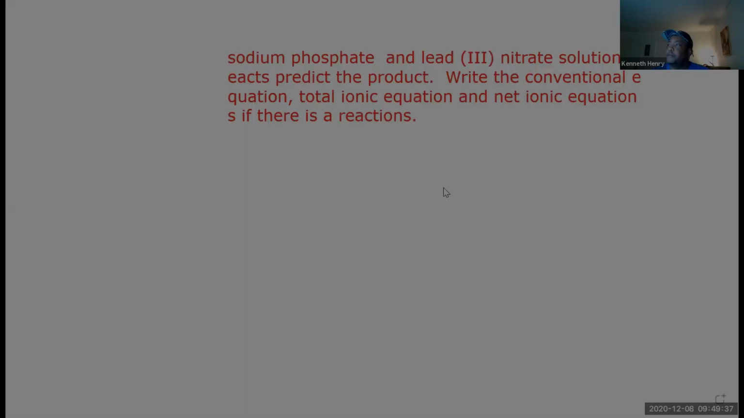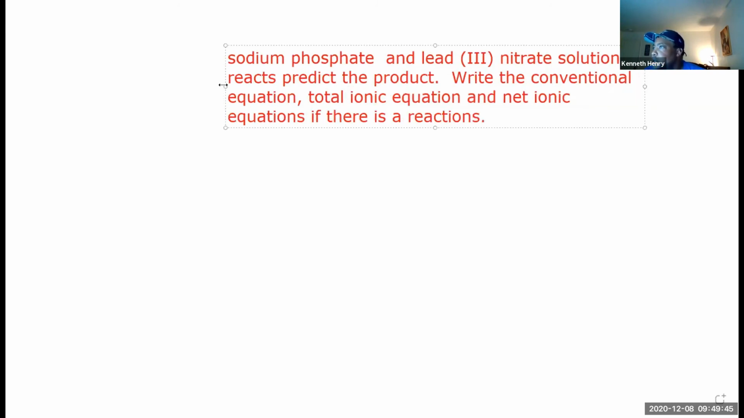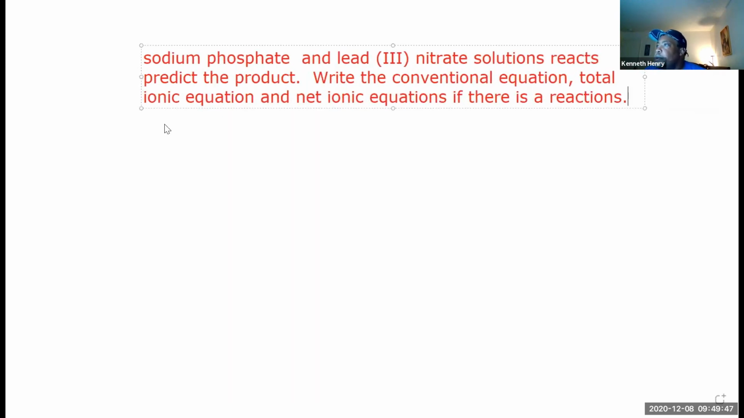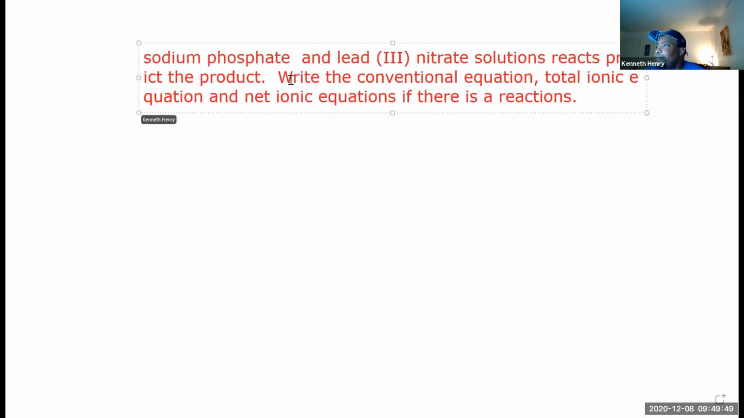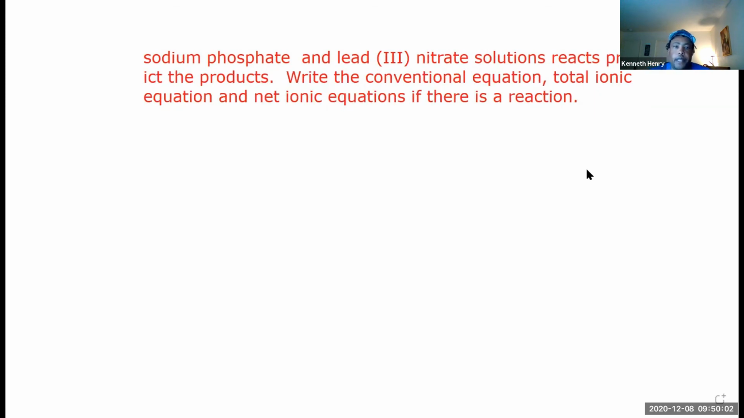Okay, so here's the question. Sodium phosphate and lead(II) nitrate solutions react. Predict the products. Write the conventional equation, total ionic equation, and net ionic equation if there is a reaction. So the first thing we want to do is know a little bit about